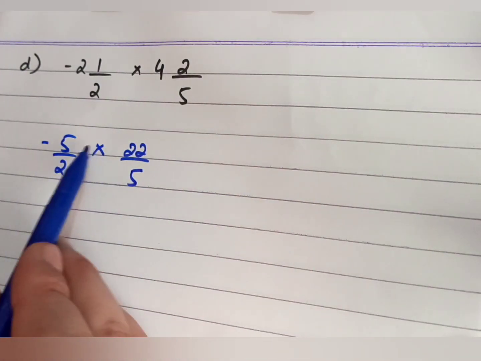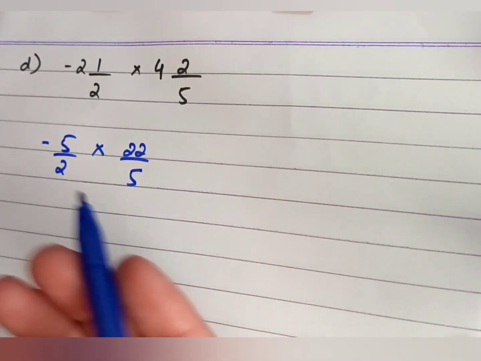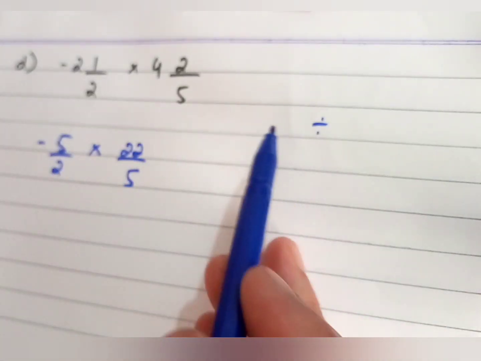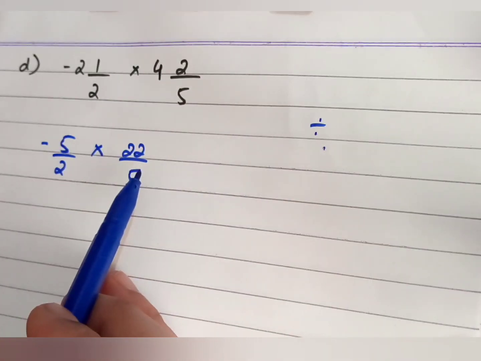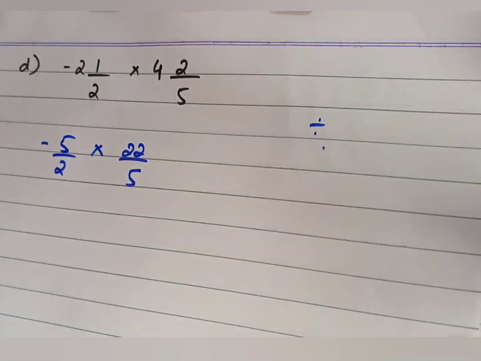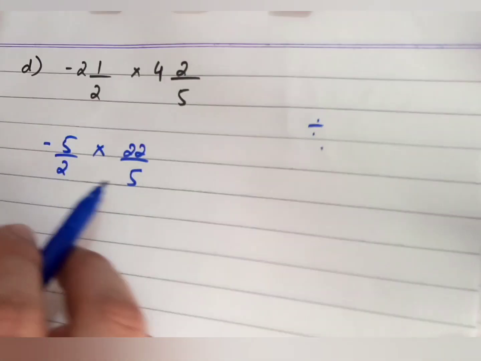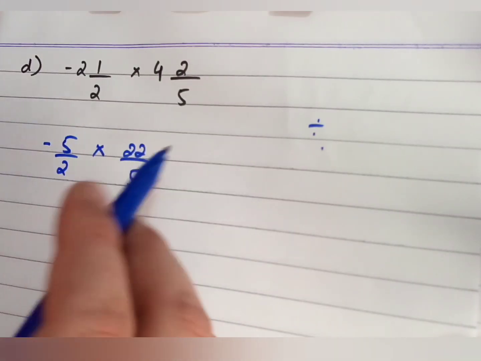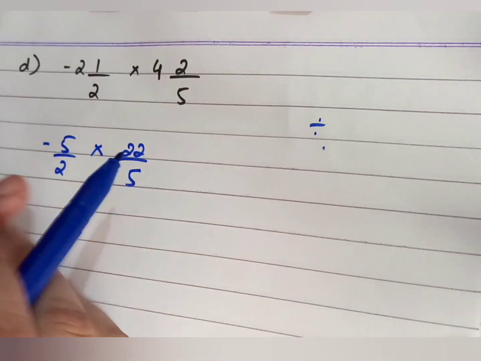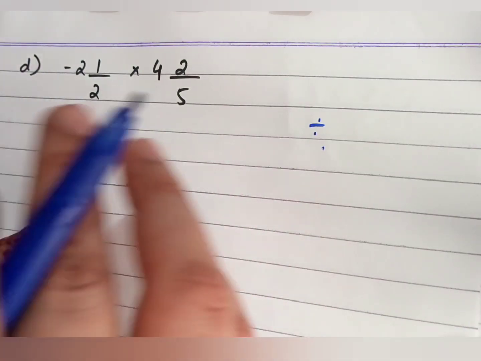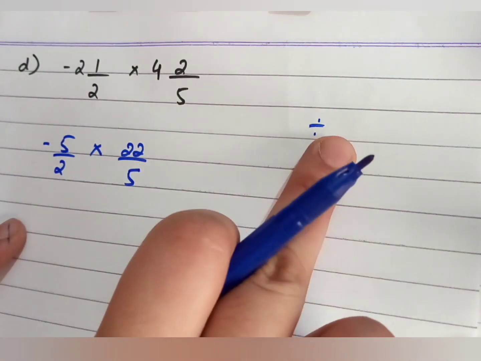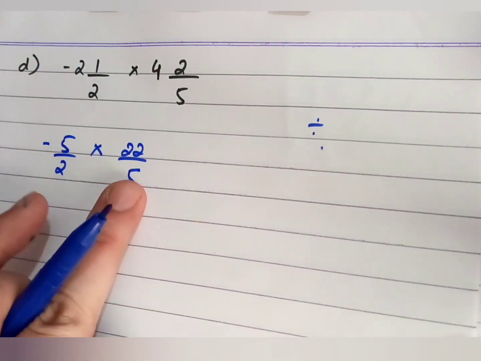Now there is a multiplication sign, so already in multiplication there's no need to convert to another sign. When we have the division sign, in that case we have to convert that division sign into multiplication. But this question is already in multiplication, so there's no need to convert any sign or convert your term into the reciprocal, because students mostly make this mistake: whenever there's a multiplication sign, they get confused and convert the next term into the reciprocal. That is wrong. You only convert your term into the reciprocal when there is a division, when you convert your division into multiplication.